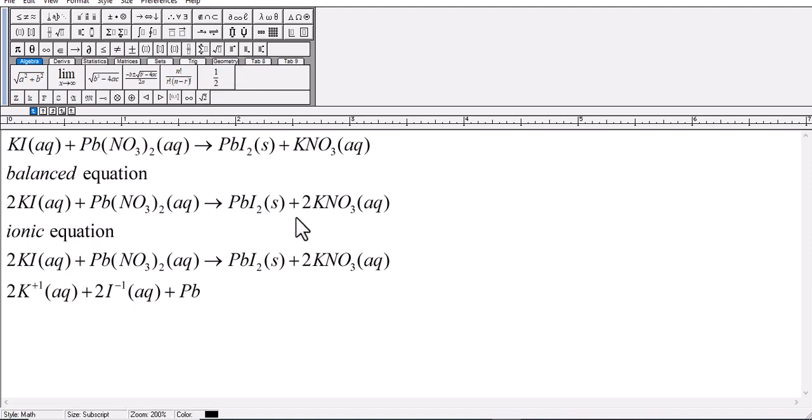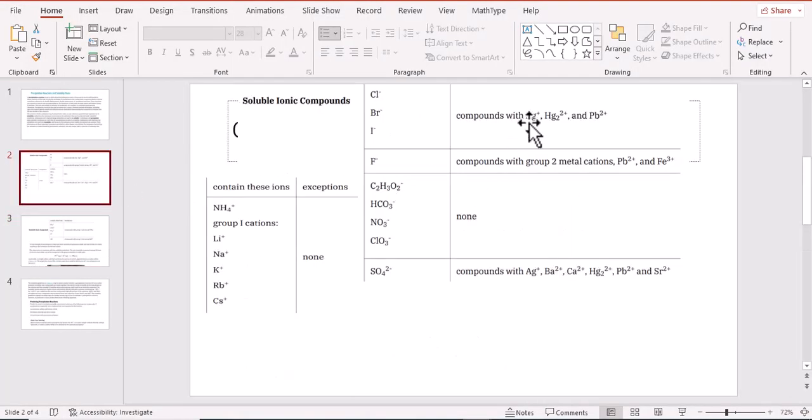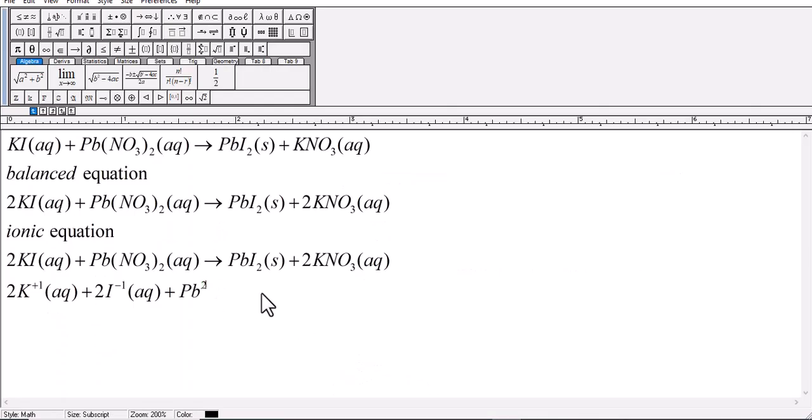to an exponent. Please be very, very careful. PB, even though it's in group 4, we use the table. Look what is happening here. Even though it's in group 4, we use the table to help us. What is PB? It's 2 plus. Very important. So I'm going to come in here and say 2 plus. Very important, because the coefficient is 1 then. And remember, it's in an aqueous